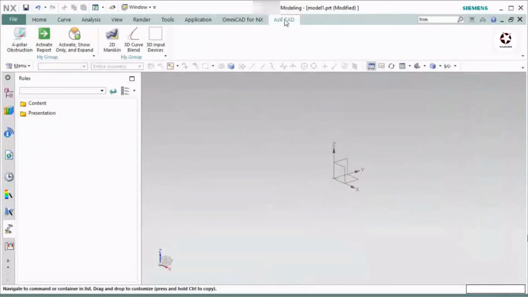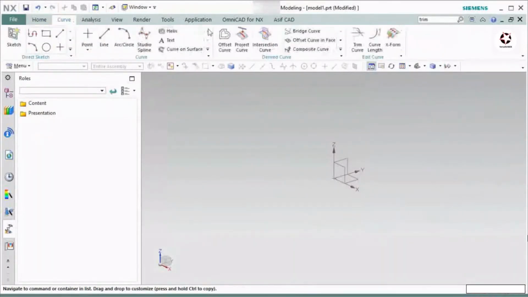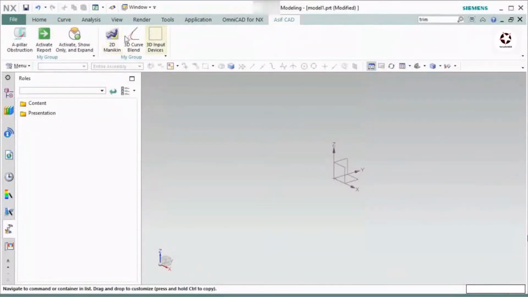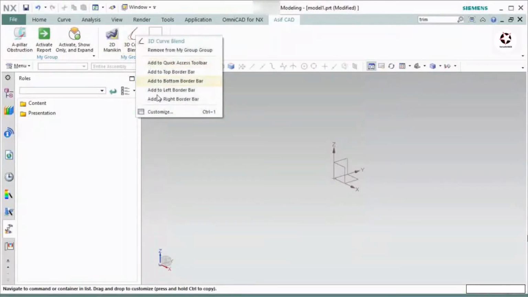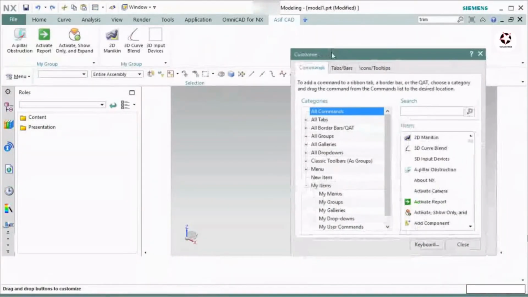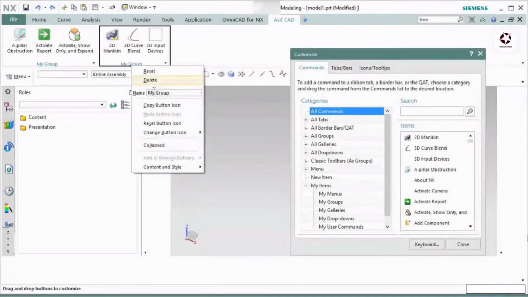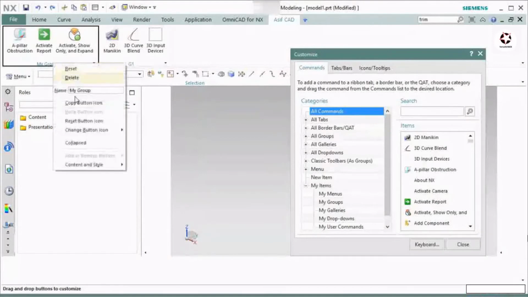Now this is completely a new tab, and inside that tab these 2 are new groups, and also there are a few different tools added inside this. If you want, you can also change your group name. I have to right click, go to customize. From here I have to right click on my new group. From here you can see this is the name. I can put G1, and for this I will right click and put G2.